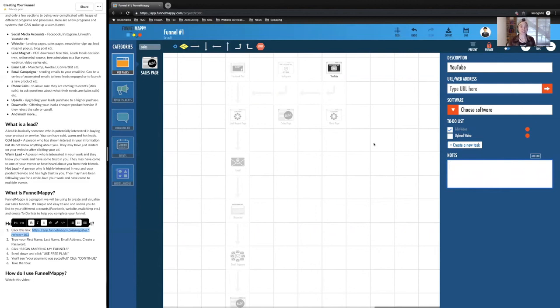So this is really cool. I'm really excited for you to jump in and start playing around with it. So that's Funnel Mappy, and this is a basic funnel, and this is something you can have fun with. It's a way to look at the big picture and not get too caught up in the details. So that when we do get into the details, making that sales page, creating a video for YouTube or writing those emails, we can look at the bigger picture and see where it all fits in, where they're coming from, and where they're going next.